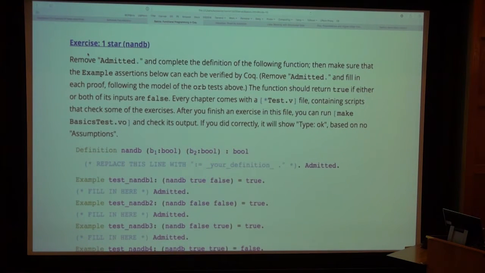And we find it convenient to also distribute them so that the students can check their own work and just make sure that they're seeing the grade that they're going to get from us. But those tester files are not really doing anything else except making sure that all of the Admitteds for the recommended exercises have been replaced by proofs plus Qeds. So we don't really need them here.